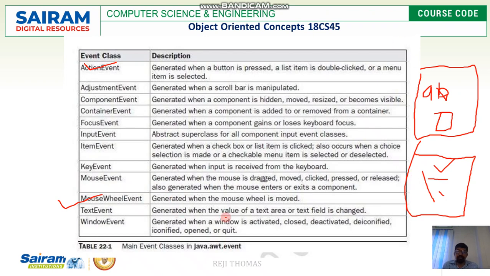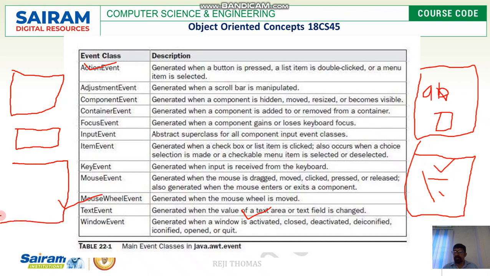This is generated when the value of a text area or text field changes. For example, you change the size of the text area, shrinking or enlarging it. In both cases an event is generated, and we call it a text event.